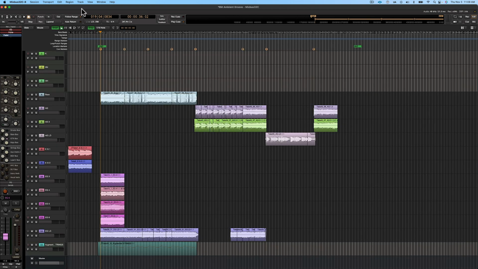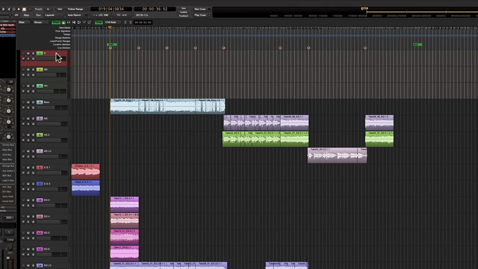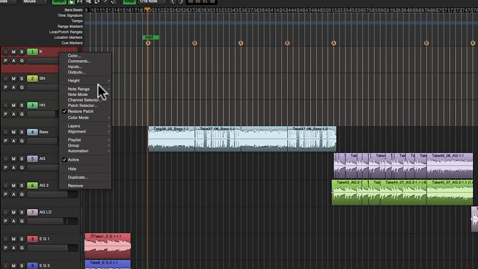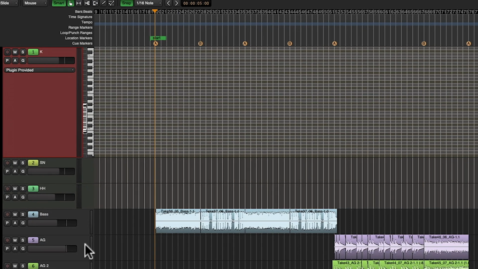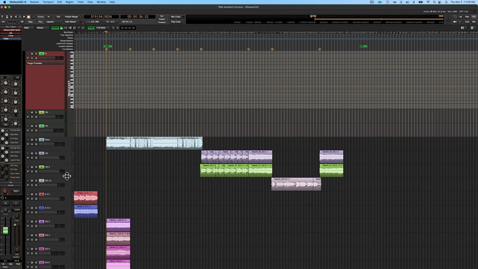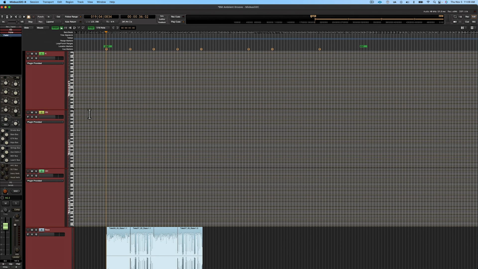Now in version 8, we've added a new way to change the height of your tracks. You can still right click on any track and go to height. Then choose one of many options from small all the way to largest. And you can do this across multiple tracks as well. So if I choose these tracks, right click and choose largest, they're all going to expand out to their largest